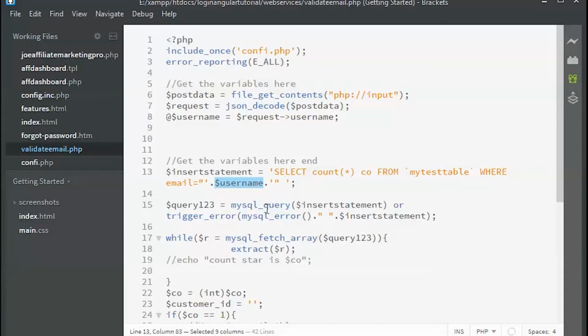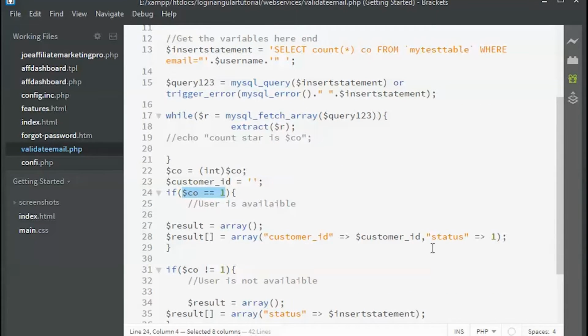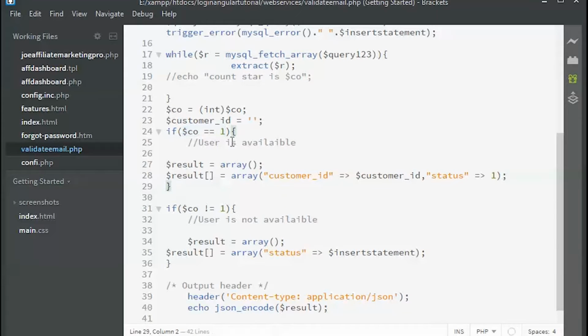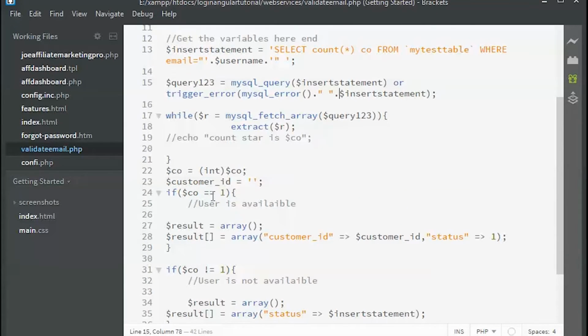Now since there is a record, the count will show as 1, and the count will be saved as 1, because there is one result. We are using the count star statement, so there will be one result basically, and it will give an int. In case you don't use this, sometimes it won't give you the correct integer value, so it's better to filter out the integer value. Sometimes you get the value as a string, so it's better to use int.